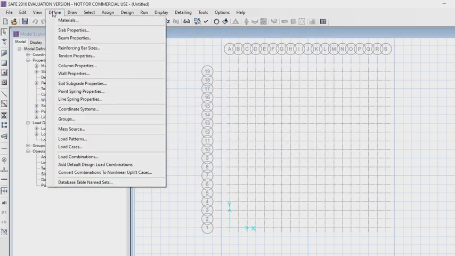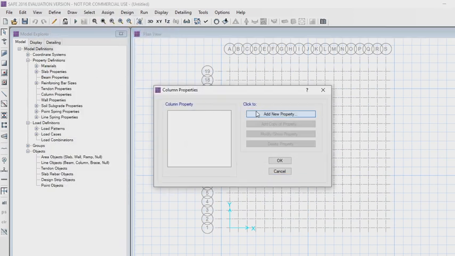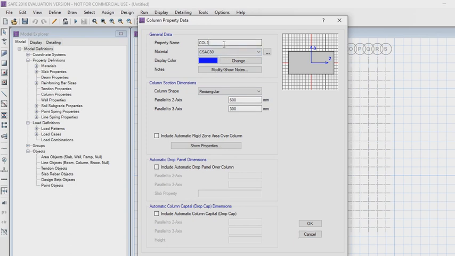Now go to the define menu, select column properties, click on add new property. Property name column 500 by 500, material M40, dimensions are 500 mm by 500 mm.